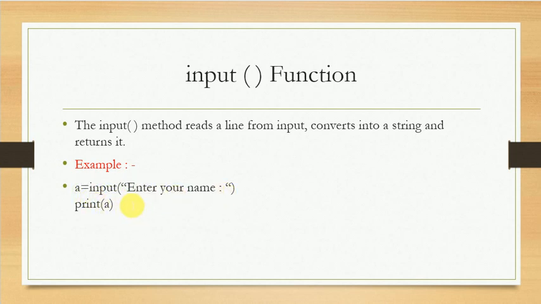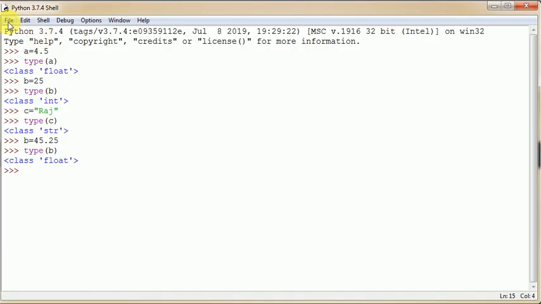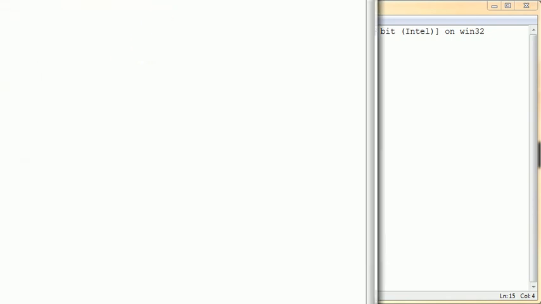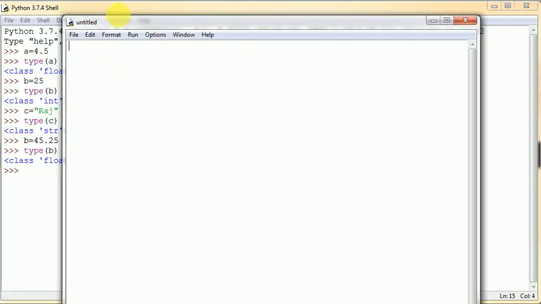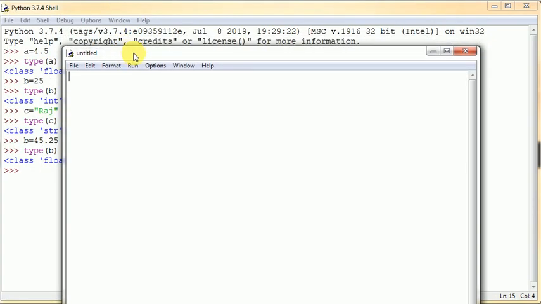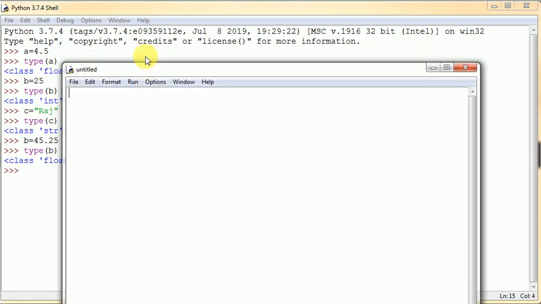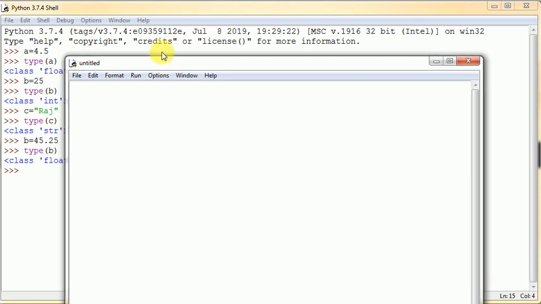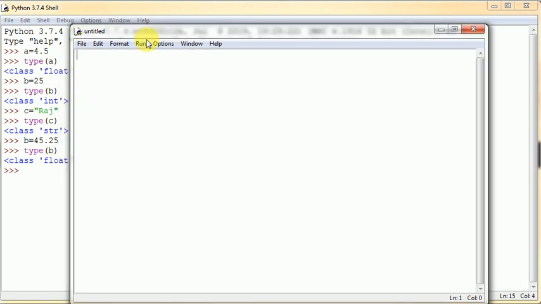To use this function, we can go to script mode. For script mode, just go to File and New File. When you click on New File, this window comes up, that's your script mode. Here you can write your program.